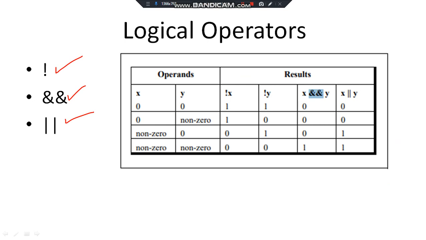Okay, so let us try to understand them. These binary logical operators are very useful when you want to compare two different statements. For example, in the previous case, if A is greater than B, we went inside and then checked if A is greater than C. If you want to check both of these conditions at the same instance, you can do it by writing if A is greater than B and A is greater than C. So what is this AND?